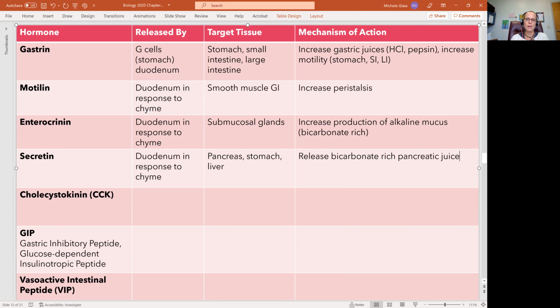And so this is going to be important in also helping to buffer, because we have that really acidic pH in the stomach, and then in the small intestine we need it to be more of an alkaline pH, and so we have to buffer and also raise the pH. We're going to see that we're going to decrease stomach motility, and then we're also going to increase bile production